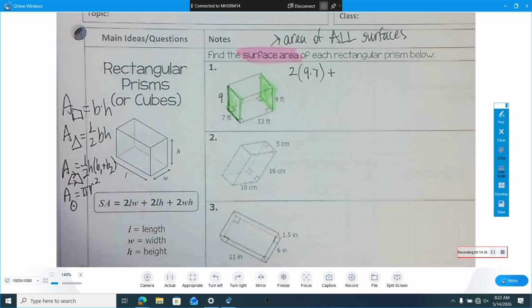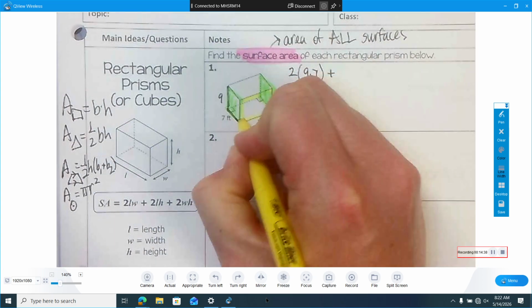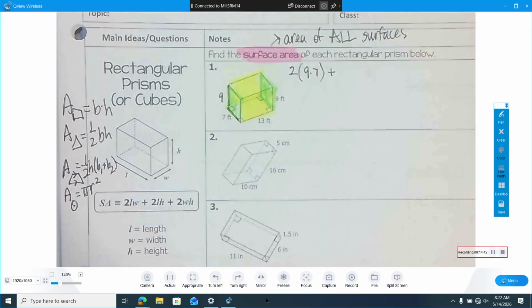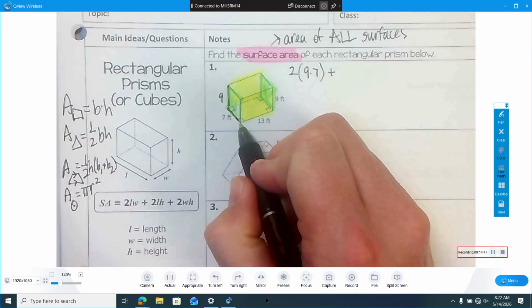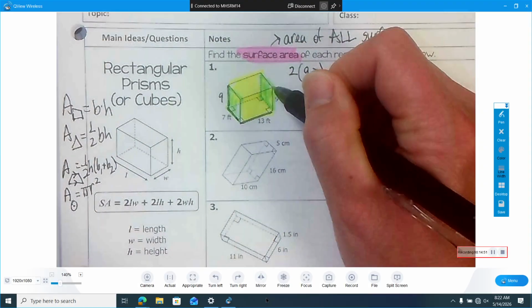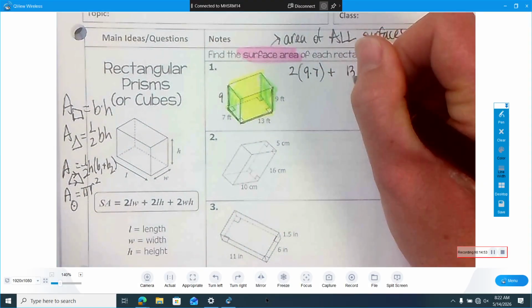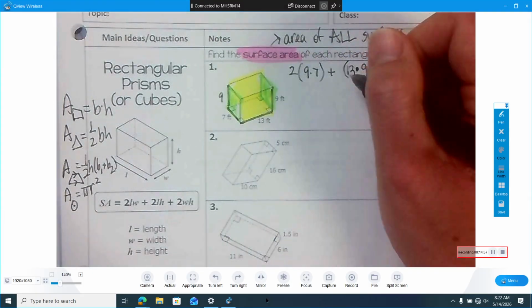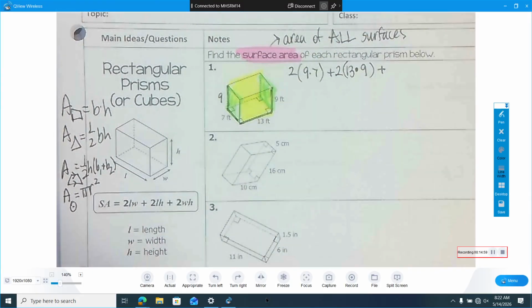I also have the front and the back here, 2 rectangles again. Let's analyze their edges. On the yellow here in the front, we got an edge of 13. What's another edge? And 9, 13 by 9. How many yellow rectangles are there? 2, okay? And then